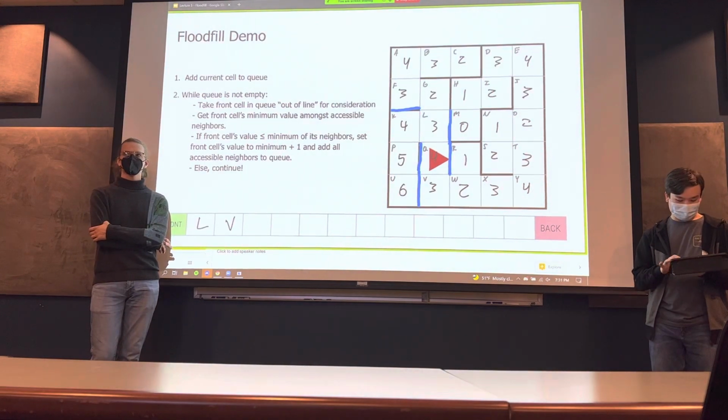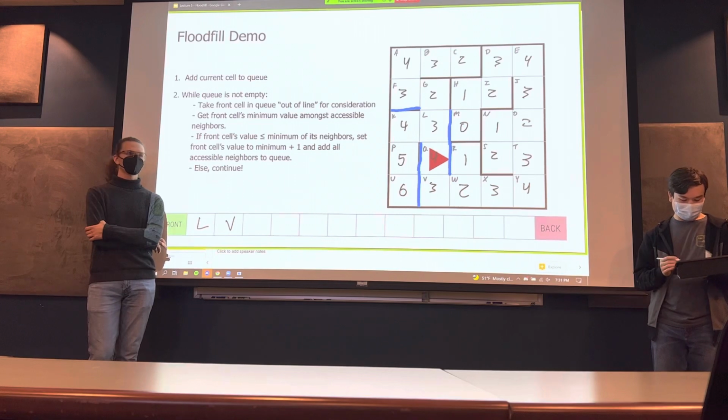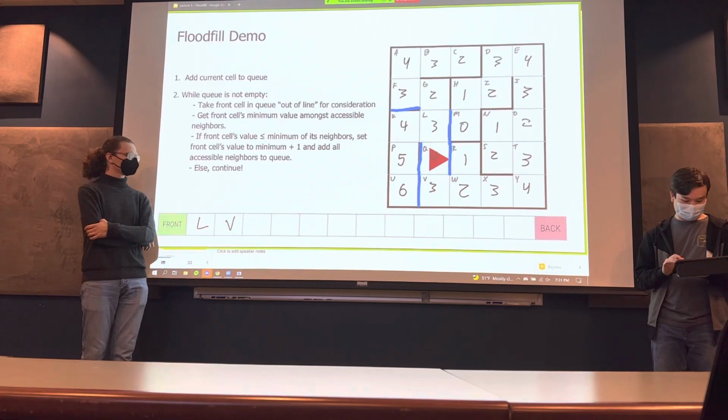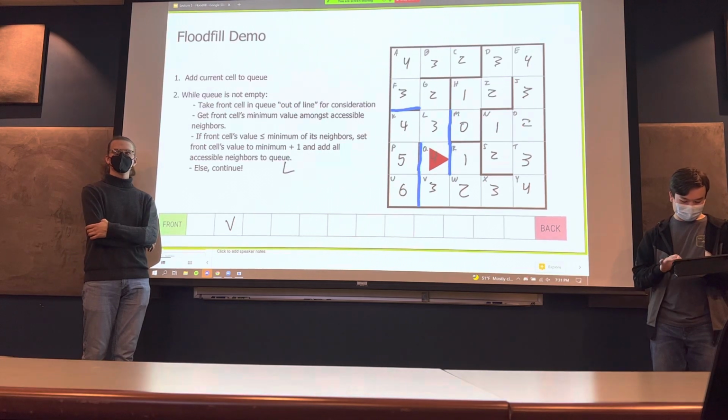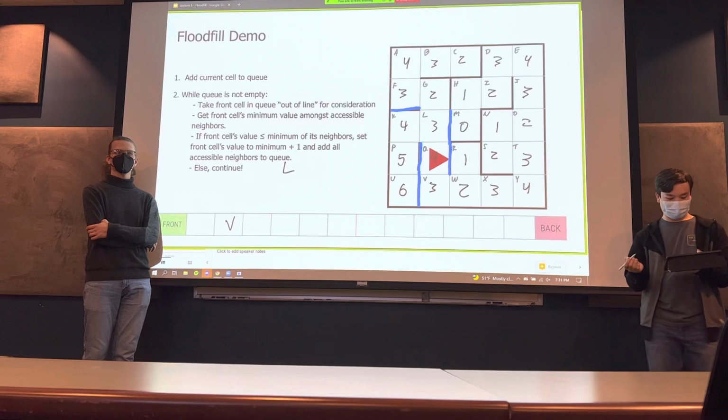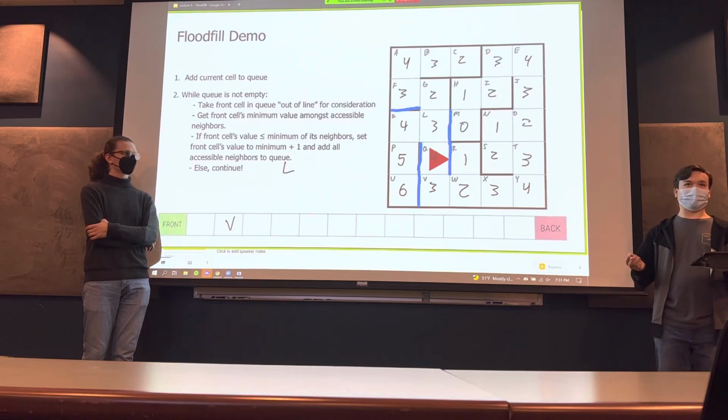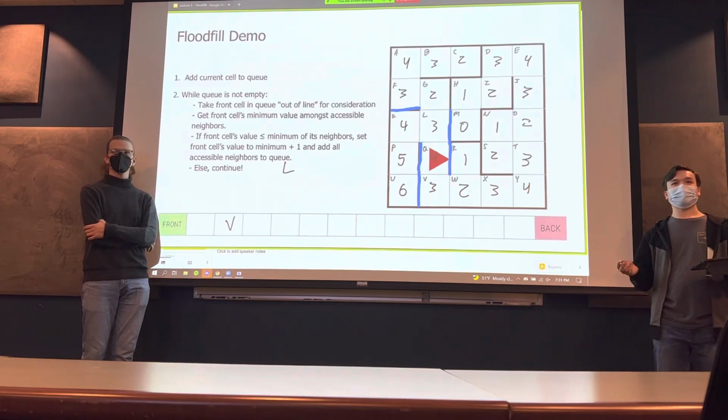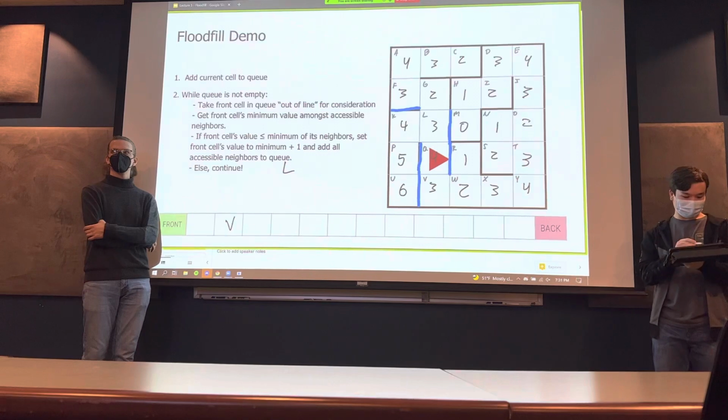And if you look at how this is going to shake out, okay, yeah, this should just take out L, and then the minimum of L accessible is 2. We're greater than that, so we're not going to do anything. And then, wait, that is correct, right? Yeah. Okay, and then after L,